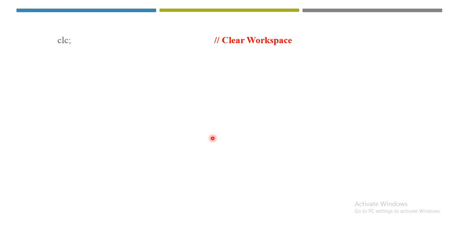Now the actual code. CLC is the first command, which is used to clear the previous workspace. After that the next command is the message. As my message is in vector format, we have already seen in the first slide of the introduction of MATLAB how we represent a vector format. So here the message is in vector format, and we are representing it in this format.